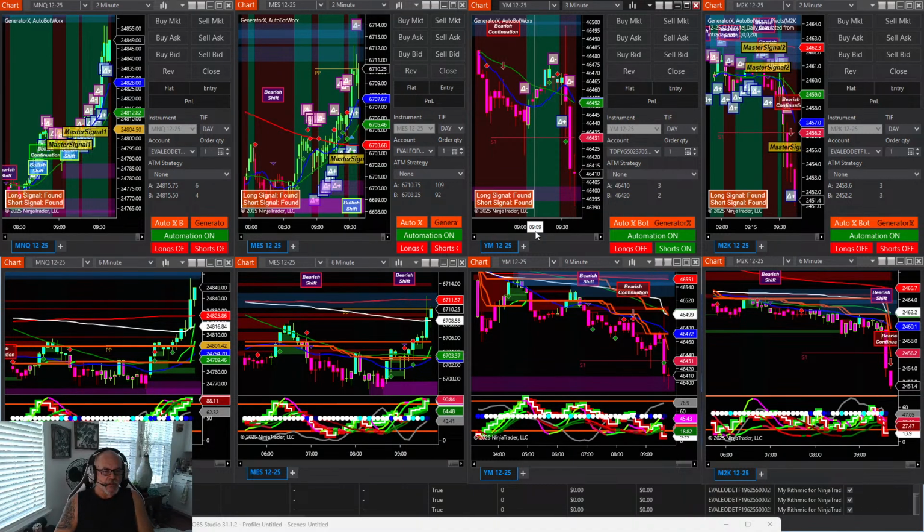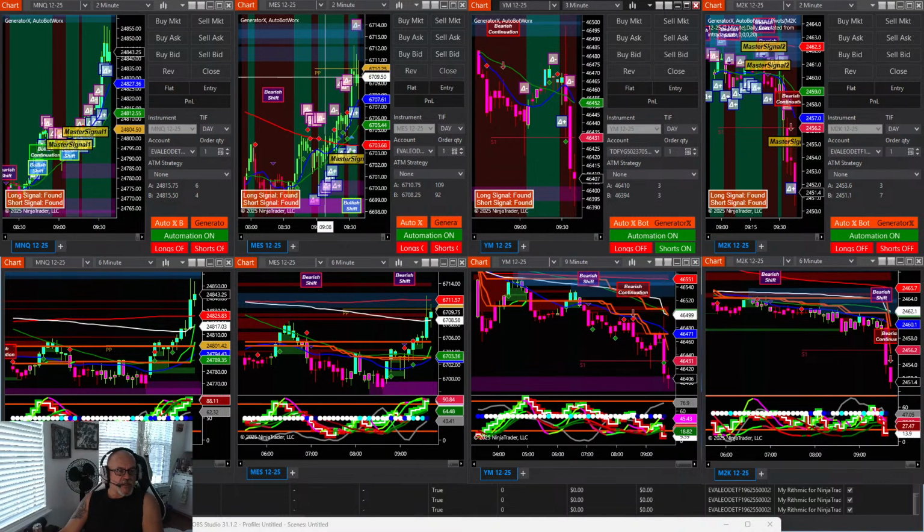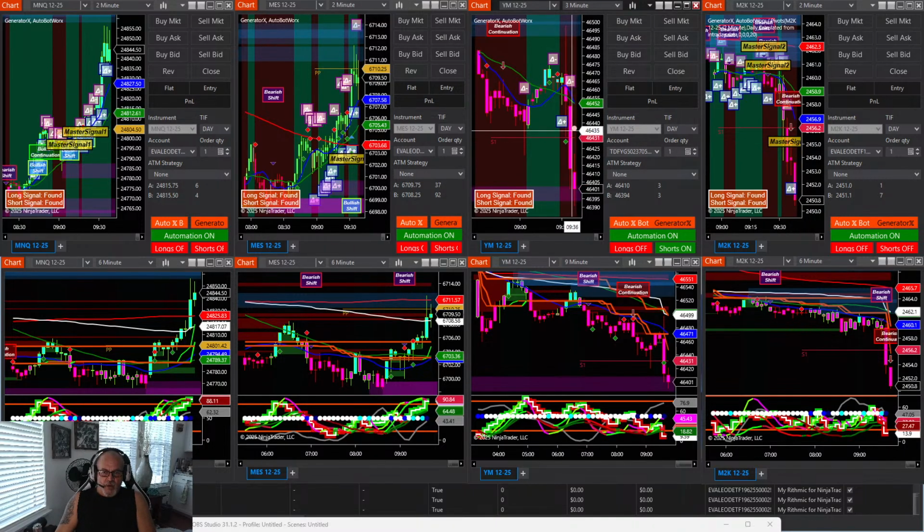I was having trouble getting above it so far, which would be nice since we are at the daily pivot on ES. If ES and NQ can turn around and pull back at this point, it's going to help the Dow and Russell keep moving. Which we're about to get a signal on the YM, which I'll be short on